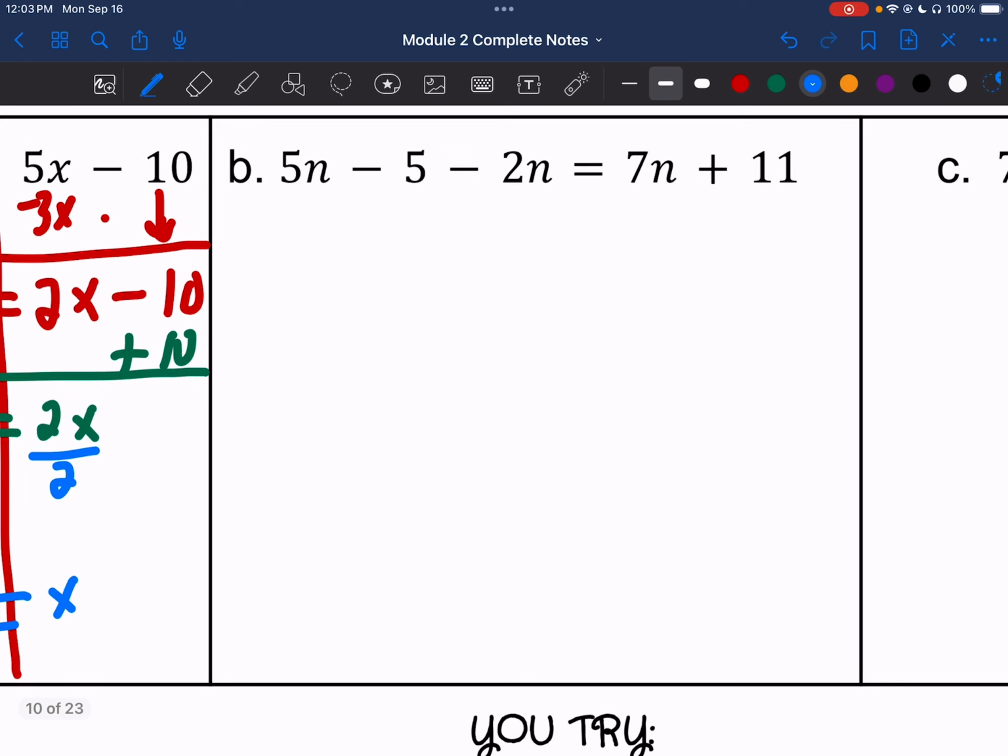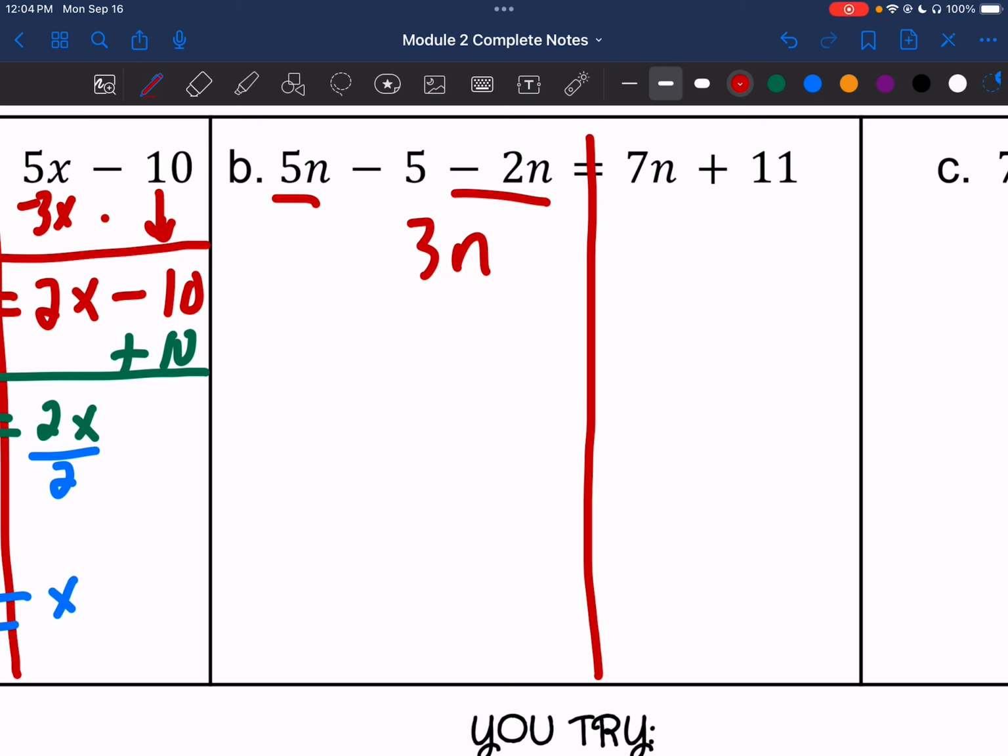All right, letter B. We're going to start off, we have our dividing line. And on the left side of this, I see that I have like terms that I need to combine. So that's the first step that I'm going to do. 5n minus 2n is 3n, and the minus 5 is still there, and the 7n plus 11 is still there. So my next step, I'm looking to see where do I have more of the variables, and there's more on the right. So I'm going to subtract 3n from both sides,